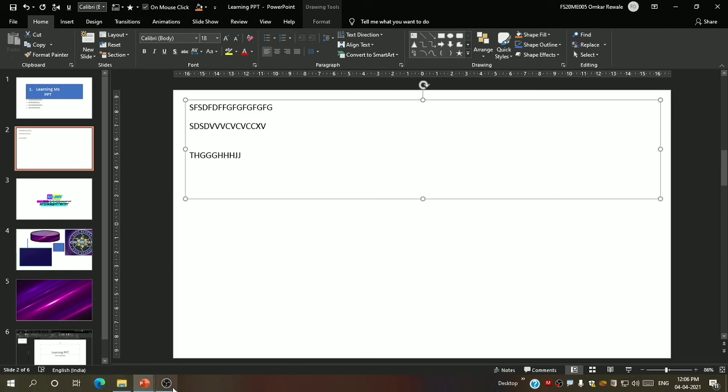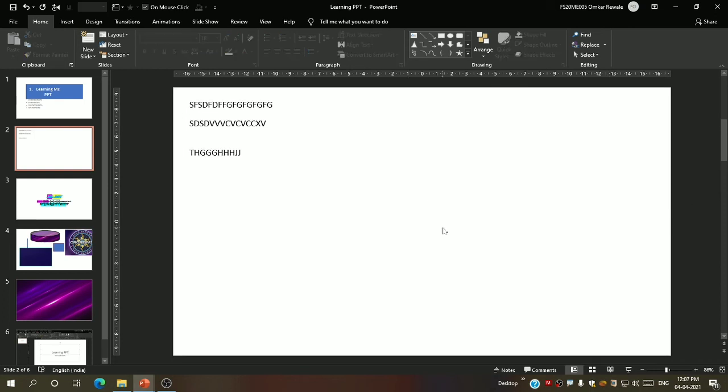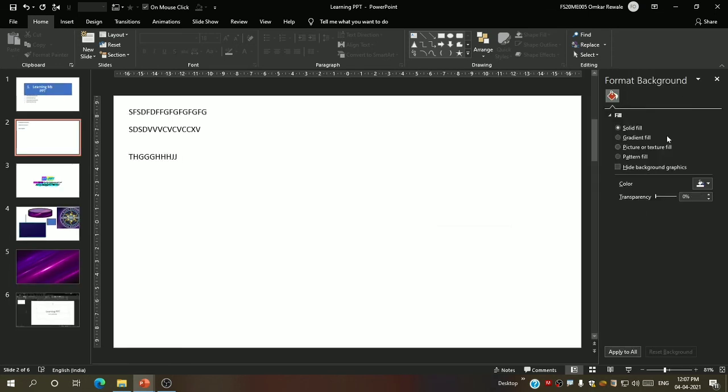Now, well, I also told you that I will tell you something about the format tab. So let me tell you something about that also. Format background, then we will leave. Okay, for right now you can see the word background. Ignore this word background and just look at this word format, and look at this tab.